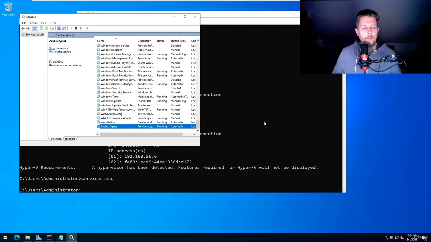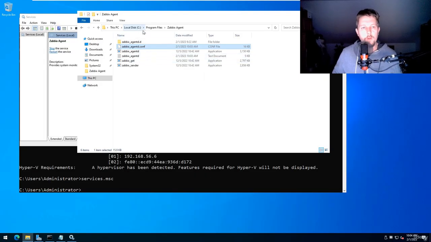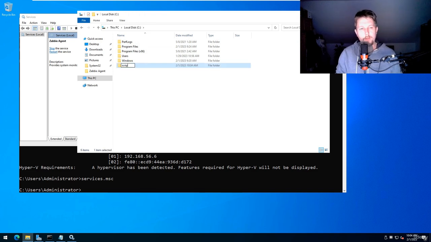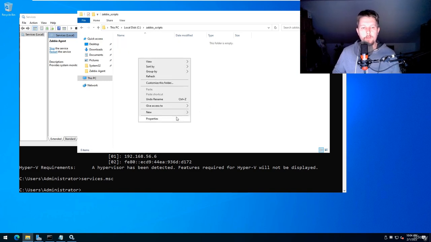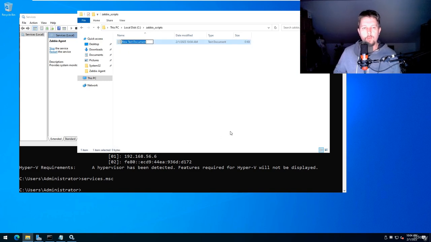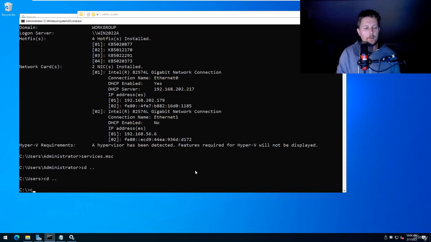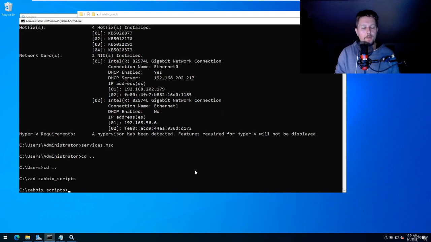So for example, let's say that I want to create a new folder here and call this Zabbix Scripts. And inside here, I would like to create a new, not text document, sorry, I want to create a new PowerShell command. So I navigate to the Zabbix Scripts and I say I want to open the PowerShell